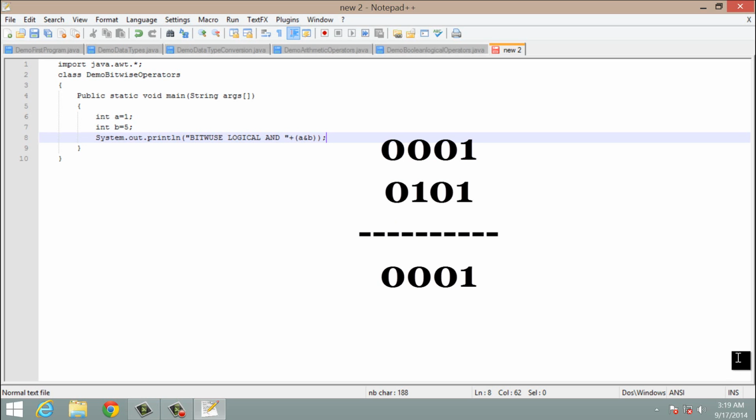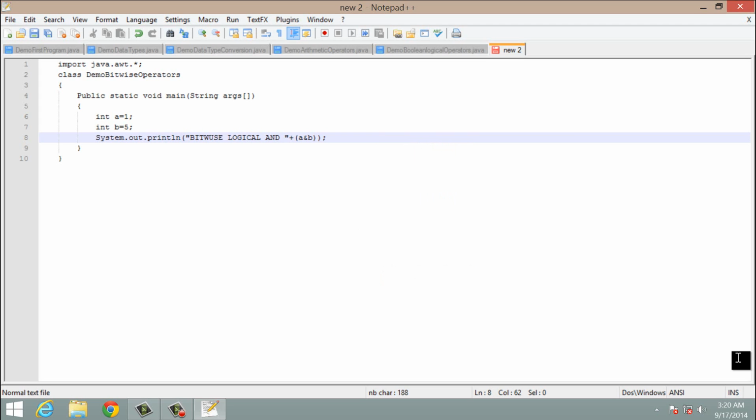Now the first two values are 0 and 0 and the result will be 0. Second two values are 0 and 1. The result will be 0. Third two values are 0 and 0. Again the result will be 0. and the final two values are 1 and 1. The result of AND operation between 1 and 1 is 1. So our final result comes 0, 0, 0, 1. That is 1. Now let's see what is the result of this operation.